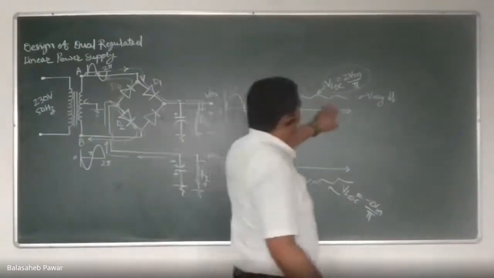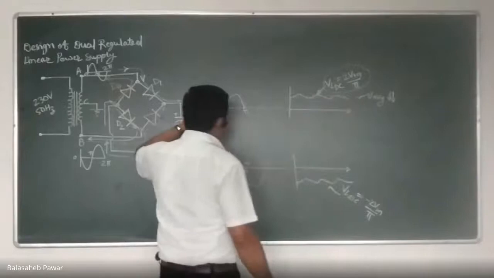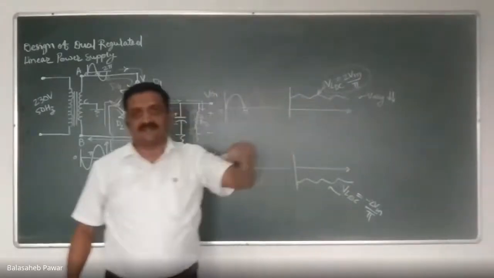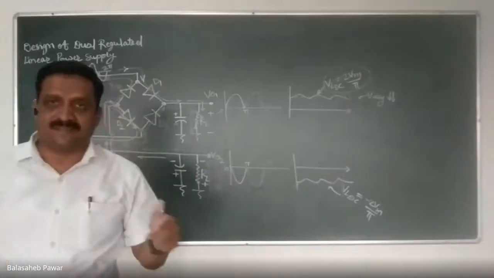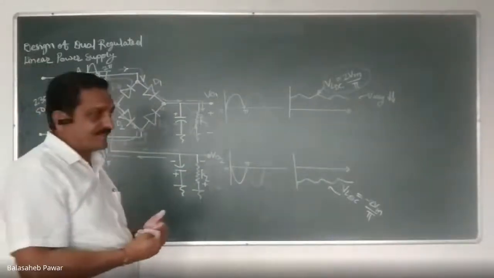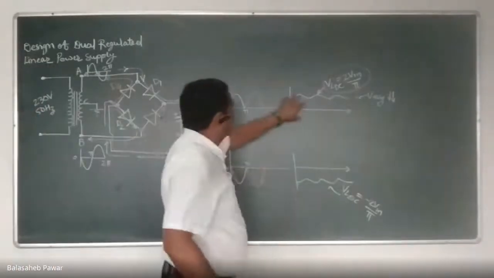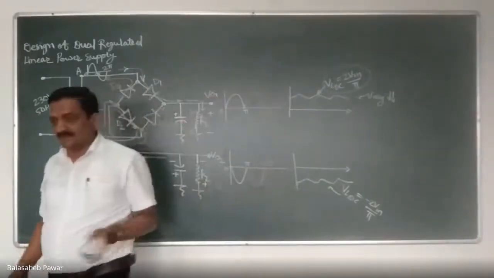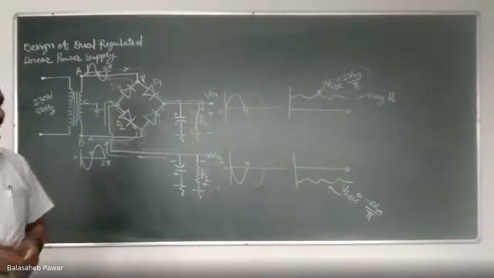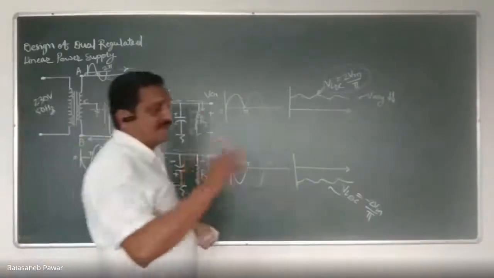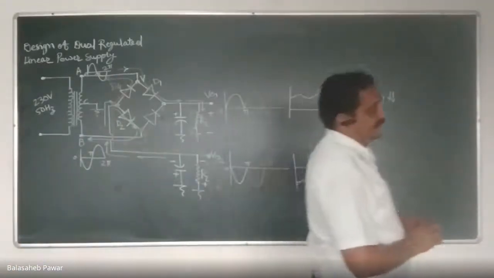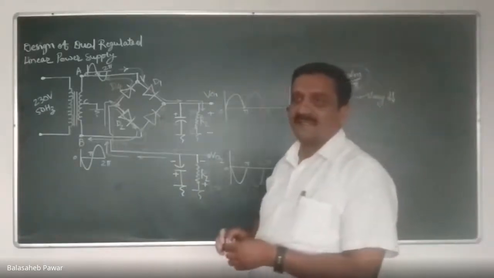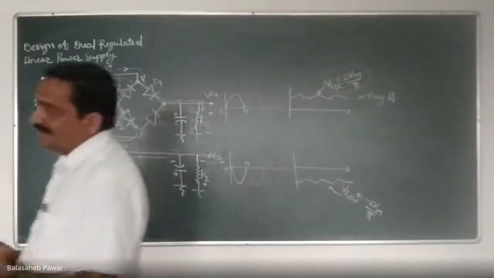So see what happens whenever we are increasing the load current, the average value of the DC voltage, which is obtained across the filter capacitor, it gets lower down, right? That's why we are calling it as an unregulated DC power supply. During our previous session, I already explained what is meant by regulated and unregulated, and I explained it in terms of its percentage load regulation and percentage line regulation, right?